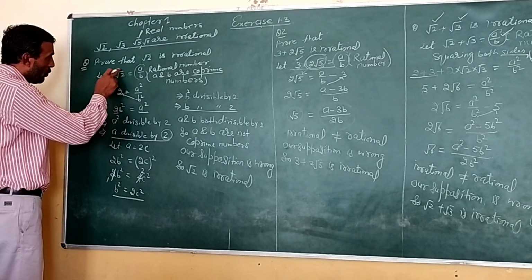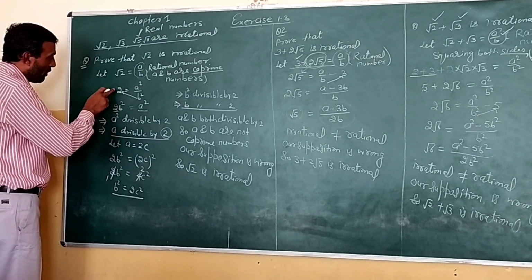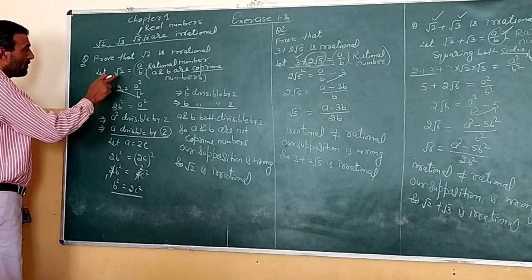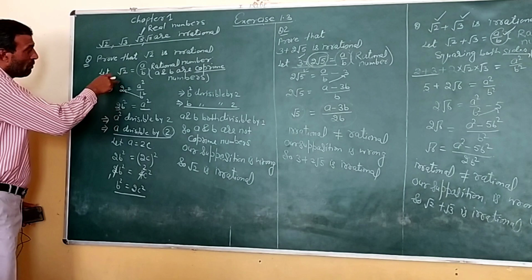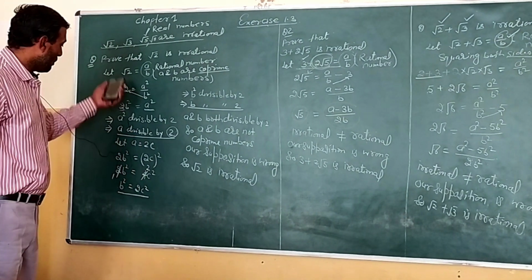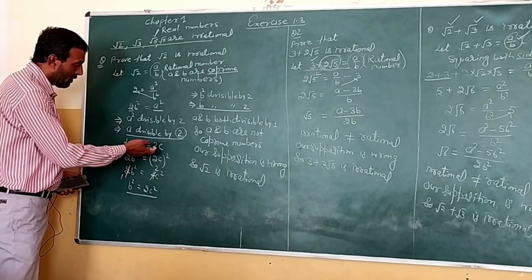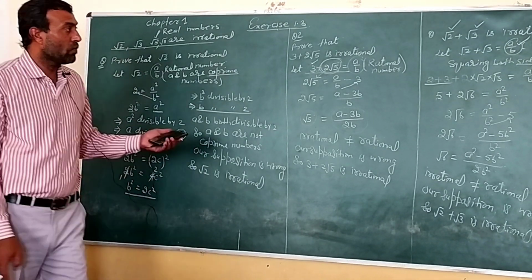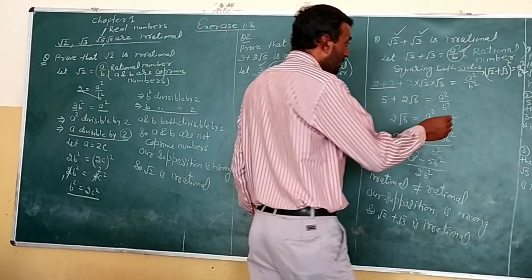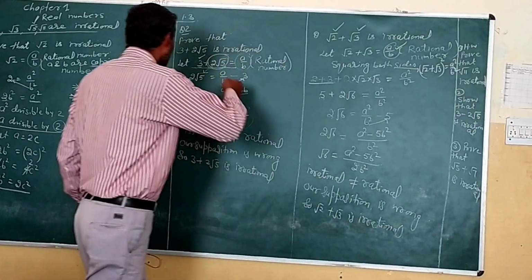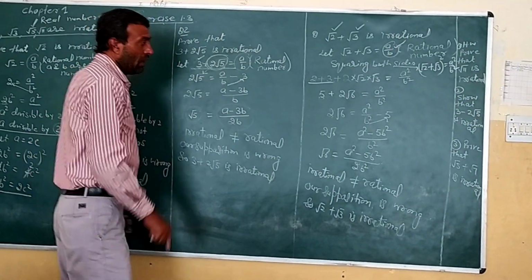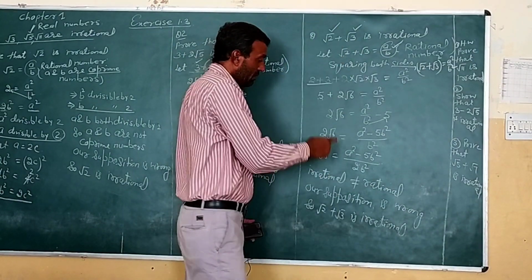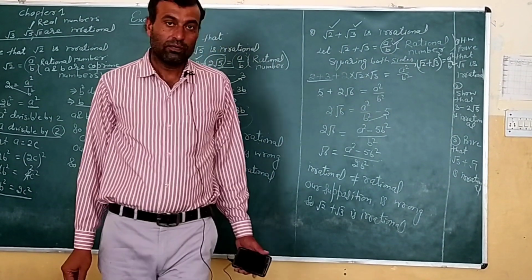Here also root 11. When you square, 1 to 1, and in this solution you can change 2 to 11. The same procedure is there. Supposing also a is equal to 2c, so we are taking a is equal to 11c. Same procedure for this question. And in question number two, same procedure, you follow it. And the third one, root 5 plus root 7 is irrational. This third one you can do with the same procedure.